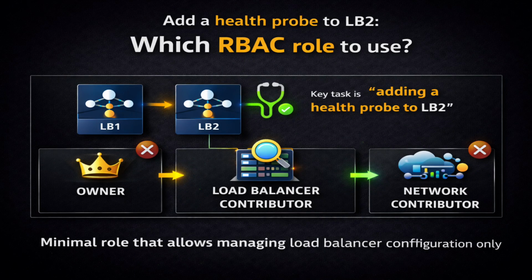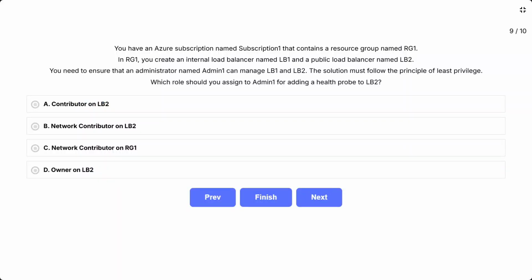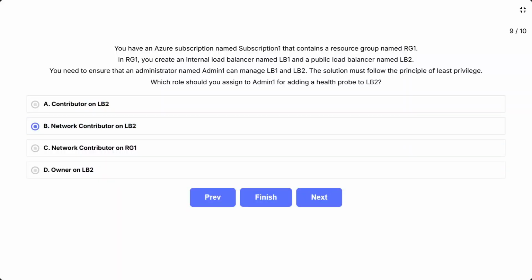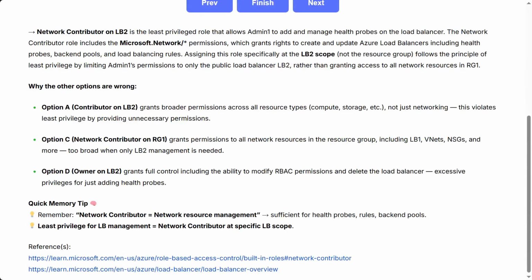This question tests Azure RBAC best practices for granting load balancer management permissions while following the principle of least privilege. The key task is adding a health probe to LB2. You need the minimum role that allows managing load balancer configuration without excessive permissions. Correct answer B, network contributor on LB2. Network contributor on LB2 is the least privileged role that allows Admin1 to add and manage health probes on the